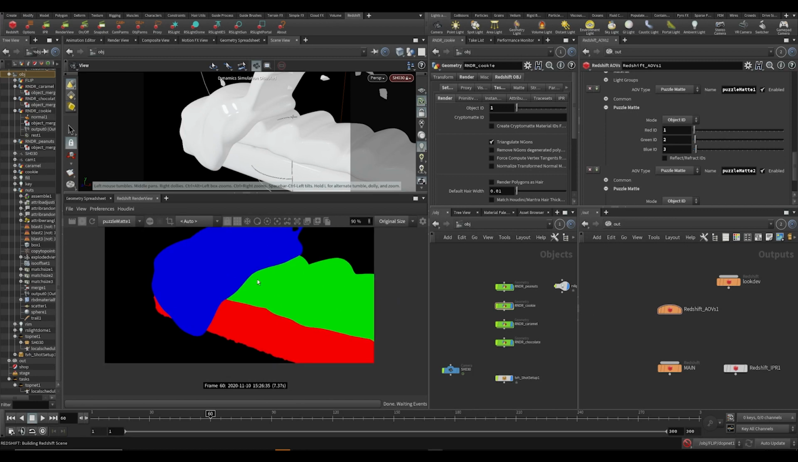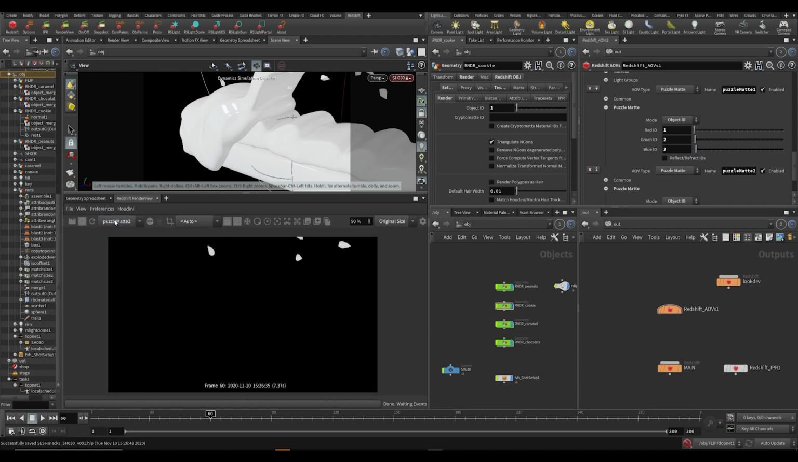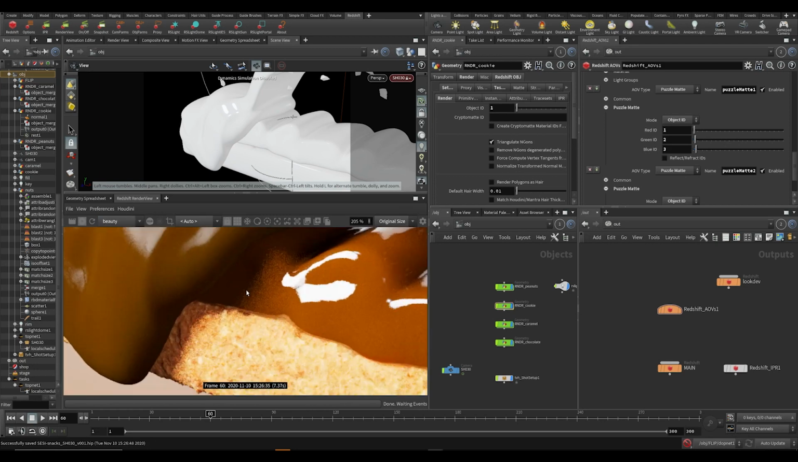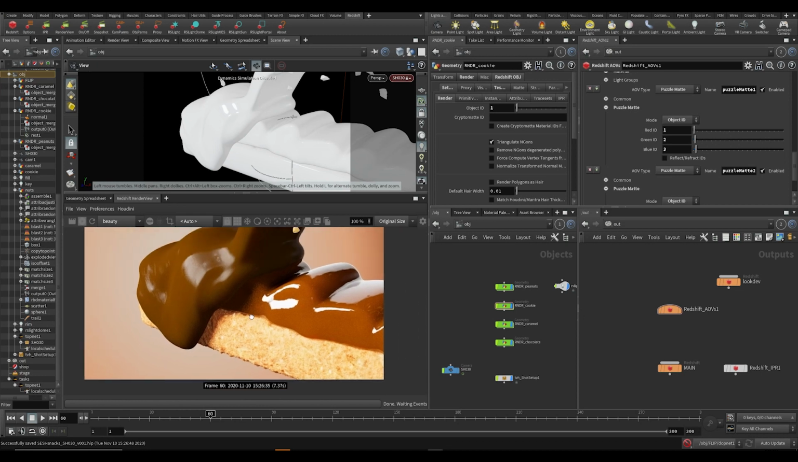As you can see, puzzle mat 1 has blue, green, and red, so we can use that to mask in compositing. And then we have puzzle mat 2, which is our peanuts, and those are white. All right, so now we have that. We can go through these passes and work on our sampling,